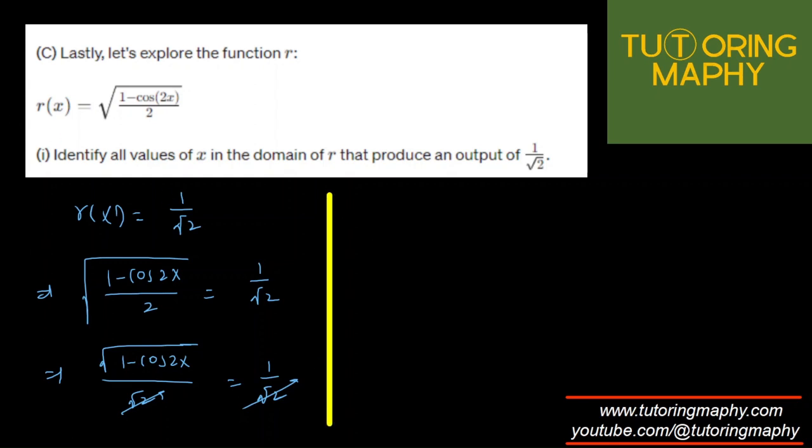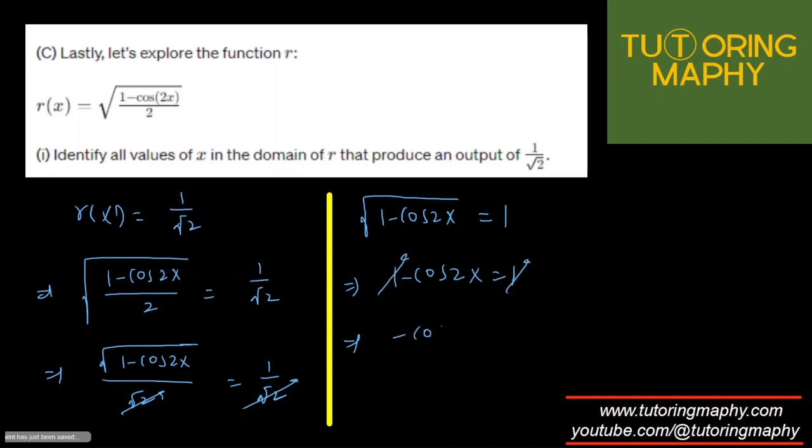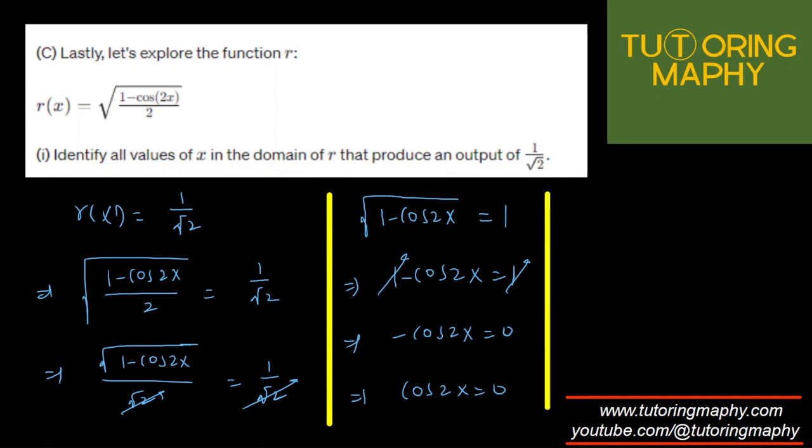What are we left with? This means that we are left with the square root of 1 minus cos 2x is equal to 1. How about we square both sides? So 1 minus cos 2x is equal to 1 because 1 square is just 1. 1 is crossed out from both sides. So minus cos 2x is 0, which means that cos 2x is 0, which means that the general solution of cos is going to be, when is cos 0, there are two possible solutions. Either